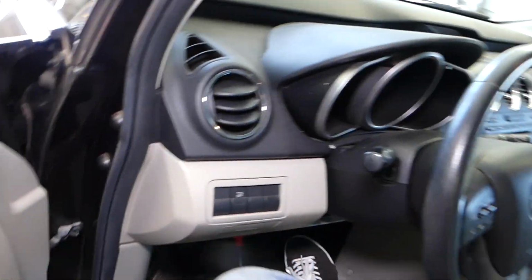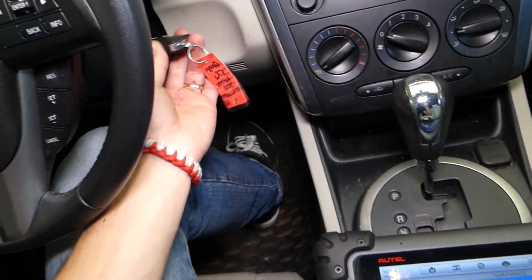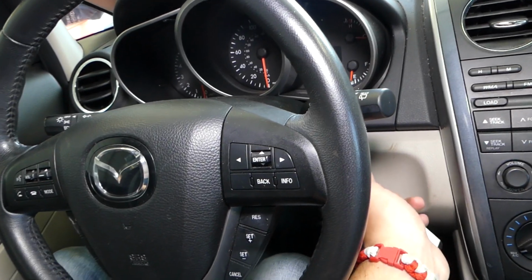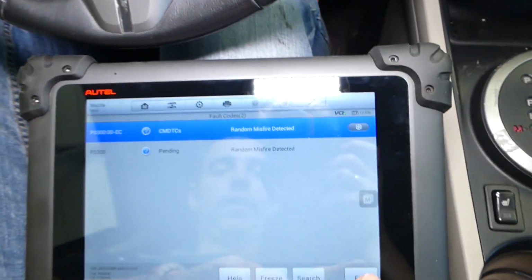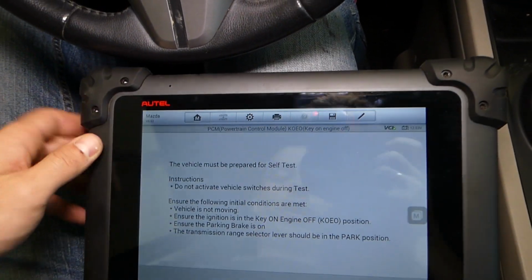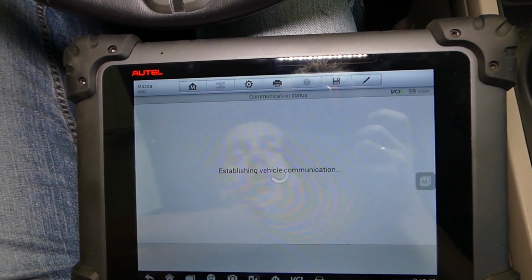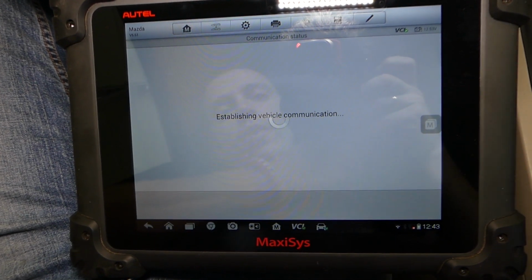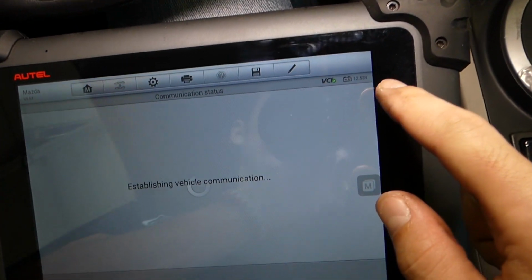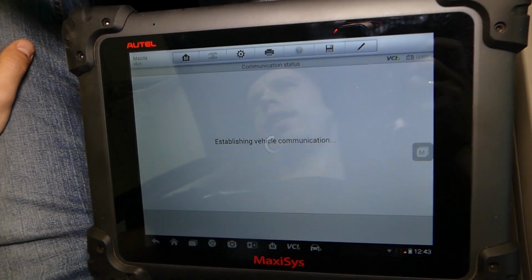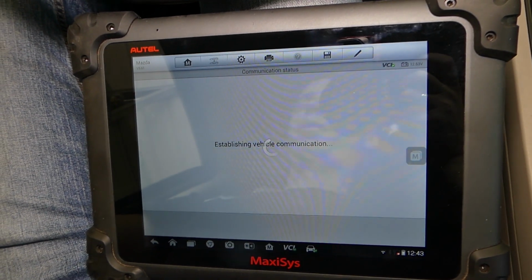So next we're going inside and we're going to clear the codes, guys, get rid of them and see if that fixes our problem. We'll take it for a test drive and see how it goes. So what we have to do, turn the ignition on. We have everything connected here, so we'll go back, select this procedure again. It's going to take a little bit of time to connect to the module and computer, and then we'll be ready to go. You can see the battery voltage is 12.5, which is really good. If you have low voltage, sometimes you may not be able to clear your code, so you have to verify that the voltage is really good.